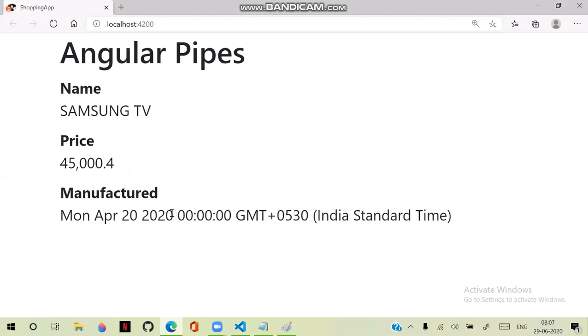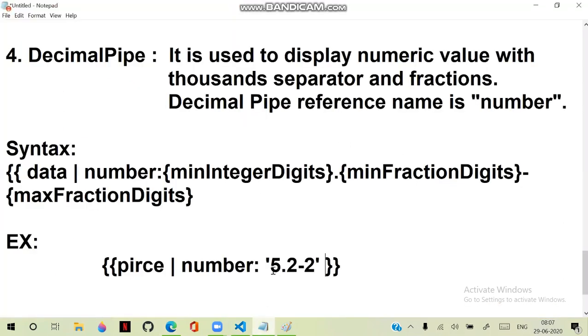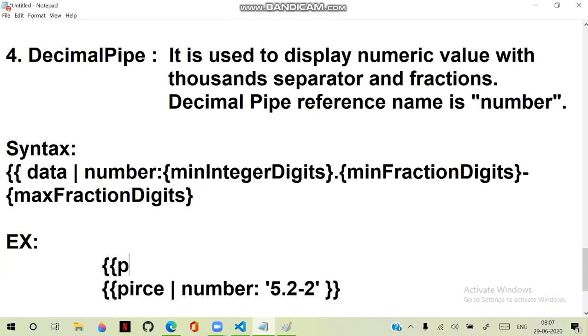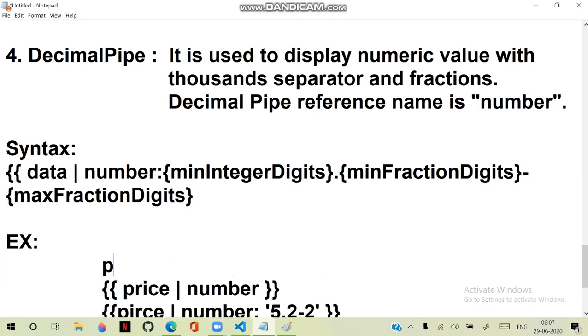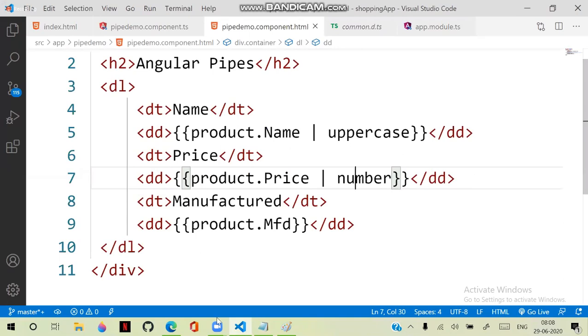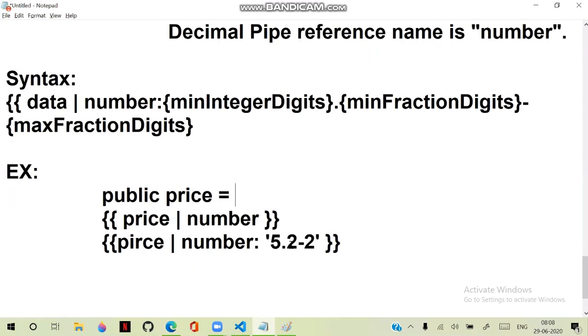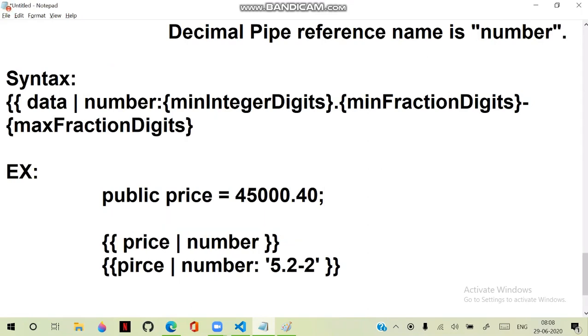Number will apply the thousands separator. You see 45 comma like this. If I just apply the number without any options, that means price and number, without any options, and actually in public we have price equal to some 45,000. Then I return it like this. 4540. And when we directly